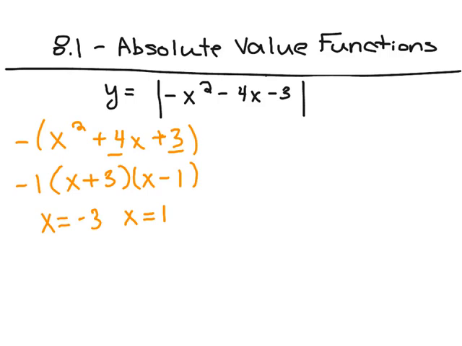Now we're going to do a quick sketch of our parabola. So we have critical points at negative 3 and negative 1. We know that it opens down. So it looks something like this. And with the absolute value, it would go up. When we do our piecewise notation, there's going to be two sections. Either it's going to be positive or negative. So if we want